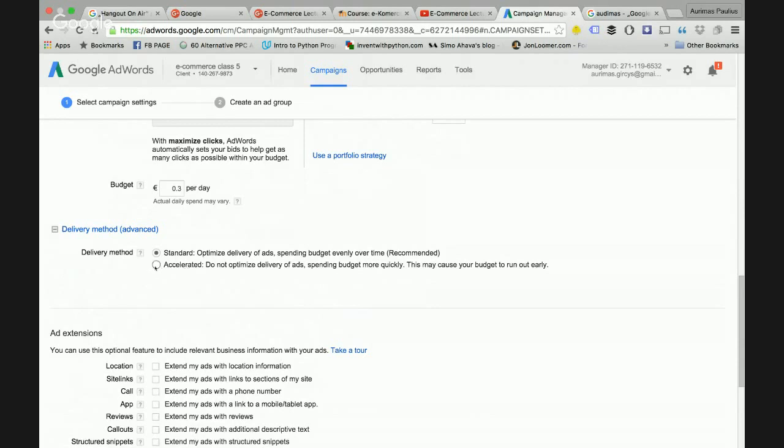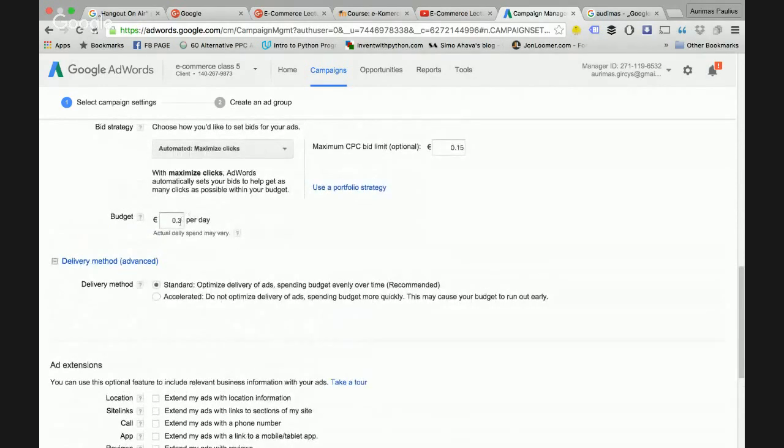So do not use accelerated unless you want to spend all your money in a couple of hours or minutes even, because standard delivery method distributes your budget. Let's say I have 30 cents per day, right? Or let's make it €1 because then it will be slightly easier to explain this